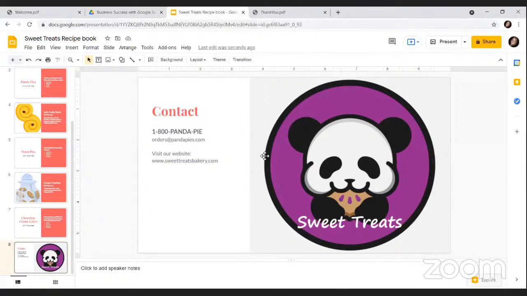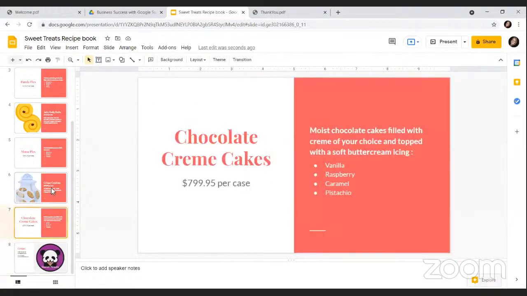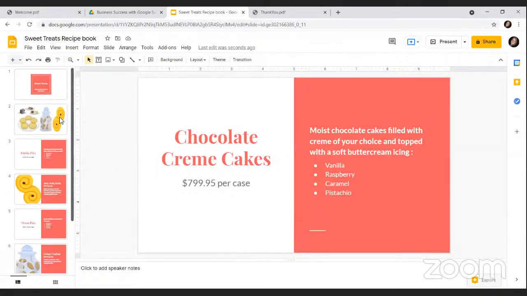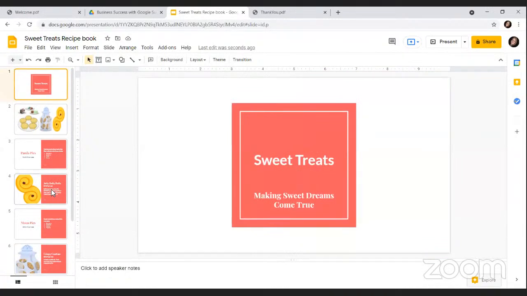Now, the last thing that I want to do is make a slight change to the colors on my slides. Now, you might have noticed that this theme has kind of this reddish orangish coral color that doesn't really go with the purple of my logo. And what I want to do is make a change to all of those slides without having to go through every single slide and do that. And I do have the option of doing that